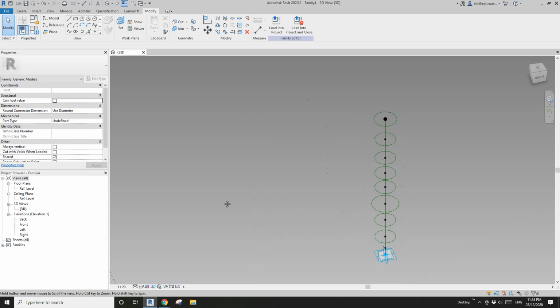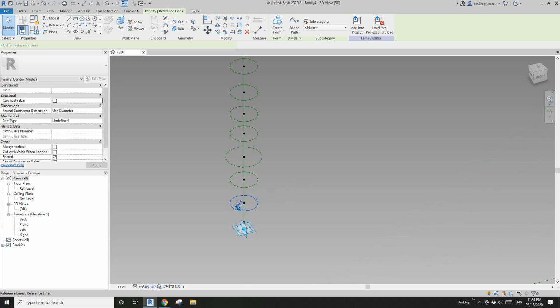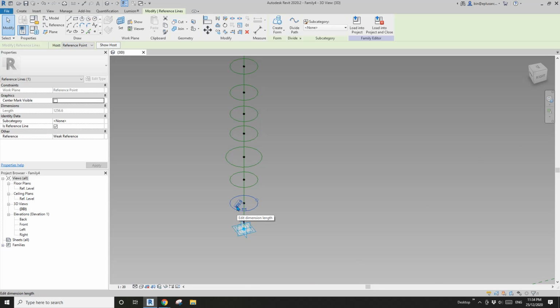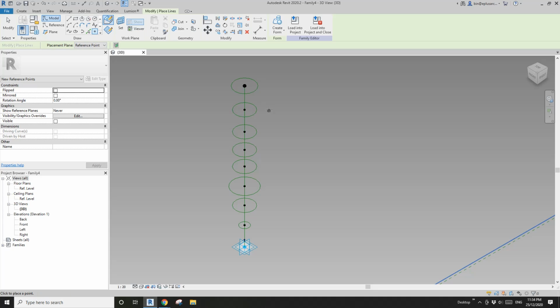Okay, so now we need to adjust the radius. Okay, actually I'm going to create the shape of that thing, what's that called, I don't know what it's called, but we'll create that shape first and then we'll try to adjust